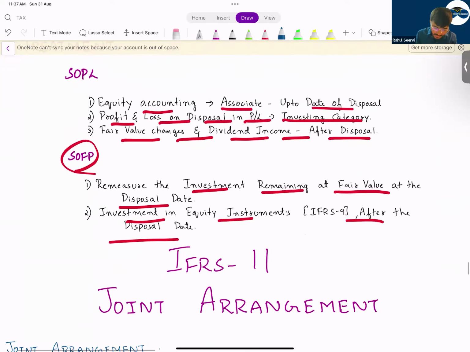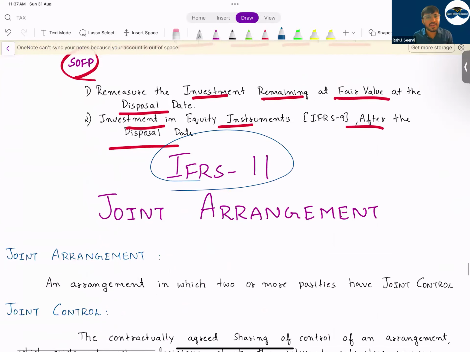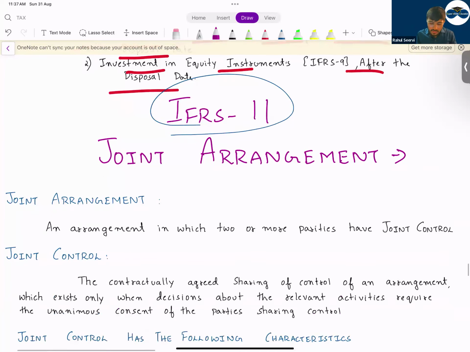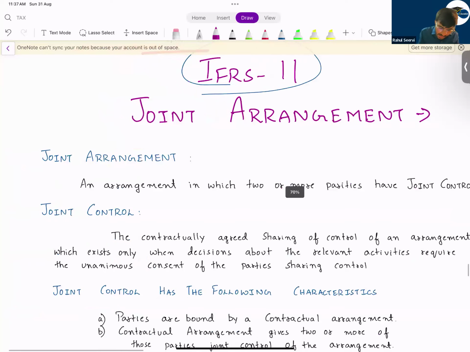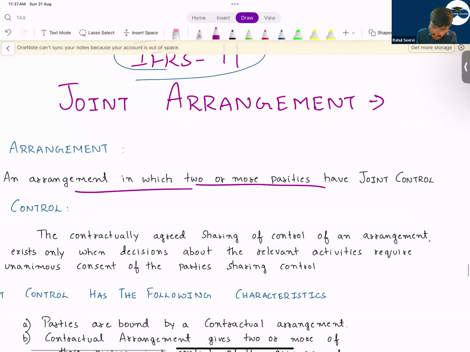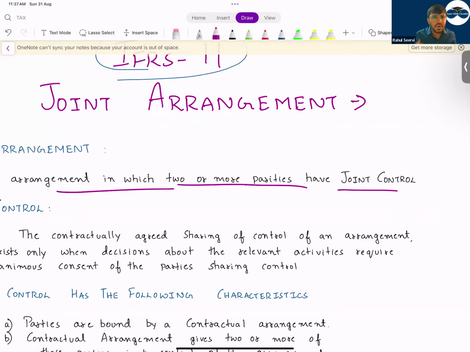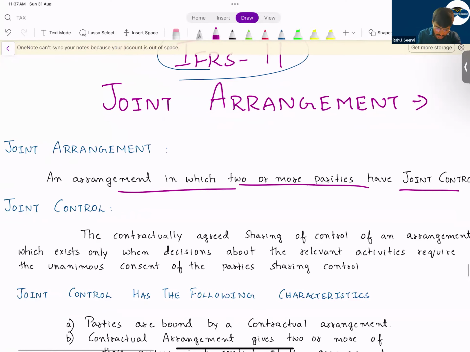Now, chalo, let us start with IFRS 11 joint arrangements, the favorite topic of the examiner for theory. Here, for sure, a theory question. So as of now, I mentioned control, business combination, identifiable assets, acquirer, joint venture. This is the fifth type of theory question which is frequently repeated in the exam. Now, what is a joint arrangement, sir? An arrangement in which two or more parties have joint control. Now, what does joint control mean?